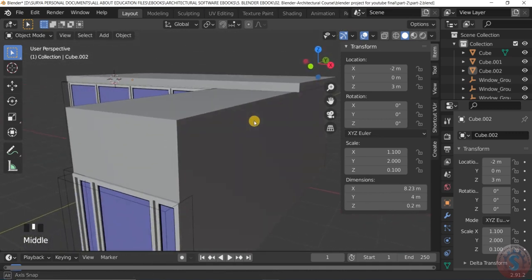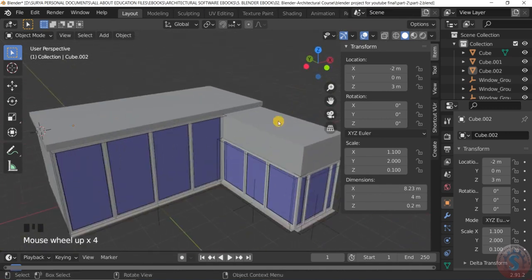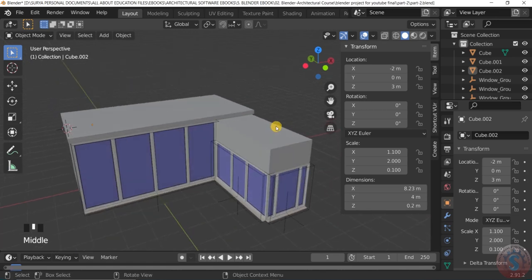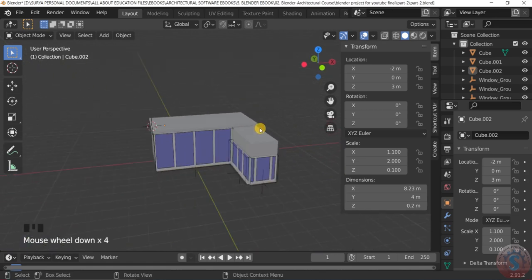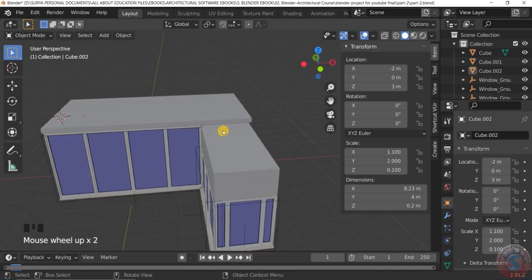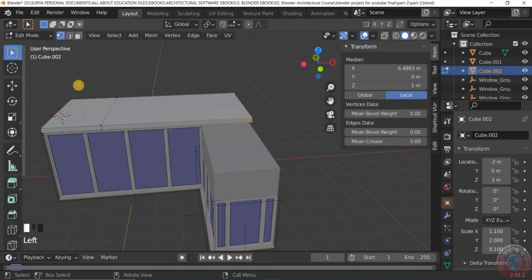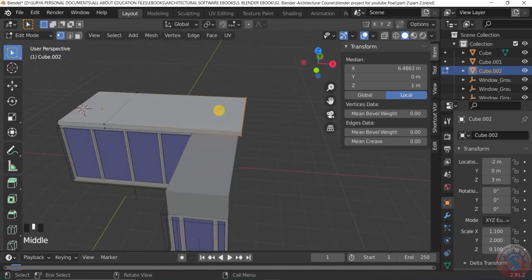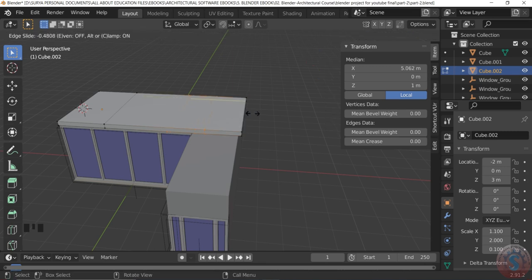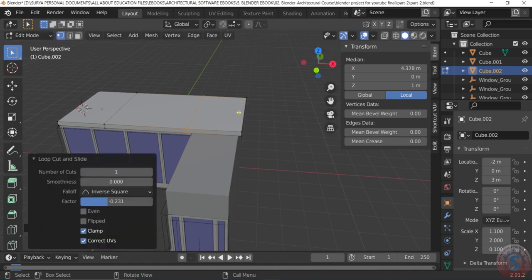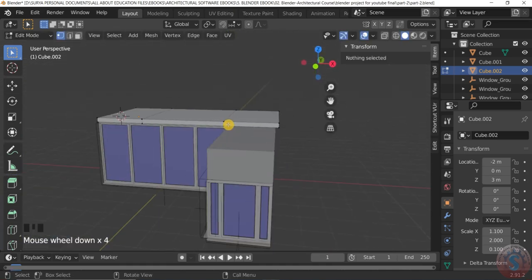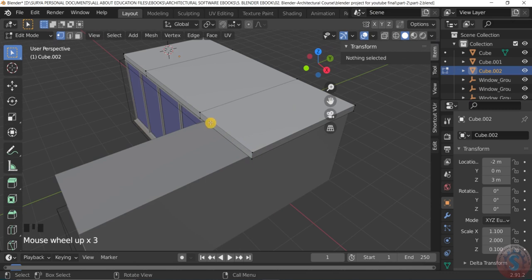Here I want to increase this edge of the slab, also on top of the 2 meter cube. I want to increase this first. Then after, select the object and go into edit mode, and to create the loop cut, press Control R and the left mouse key. You can adjust this to some distance as you wish. I'm creating the loop cut here. And after, it is possible to extrude this face.